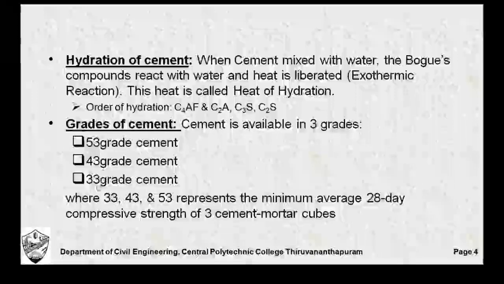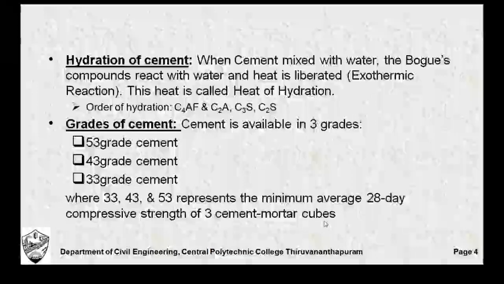We have 33 grade cement, 43 grade cement and 53 grade cement. 33, 43 and 53 represent the minimum average 28-day compressive strength of 3 cement mortar cubes, which means that if you mix cement with standard sand in the proportion 1:3 and prepare a mortar, cement plus sand mixed with water to prepare mortar, and you fill it in standard cubes of size 7 cm by 7 cm by 7